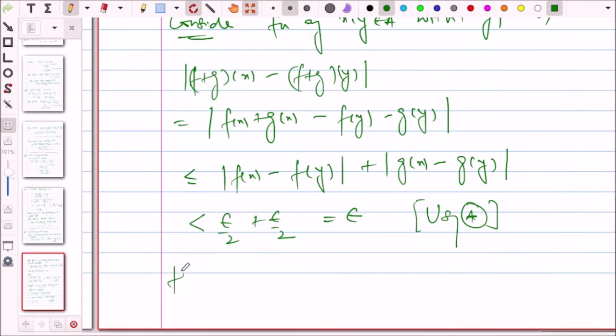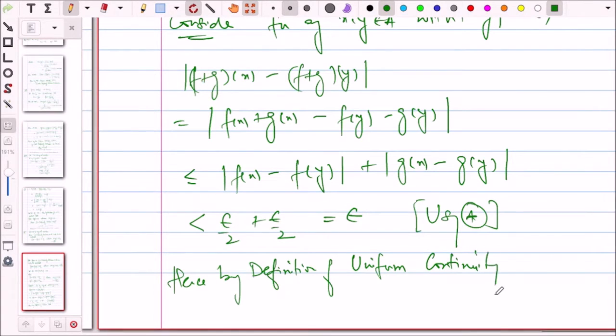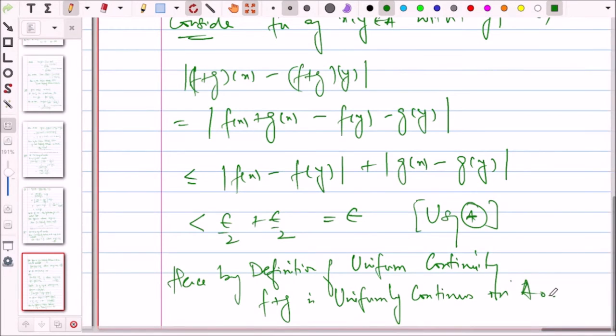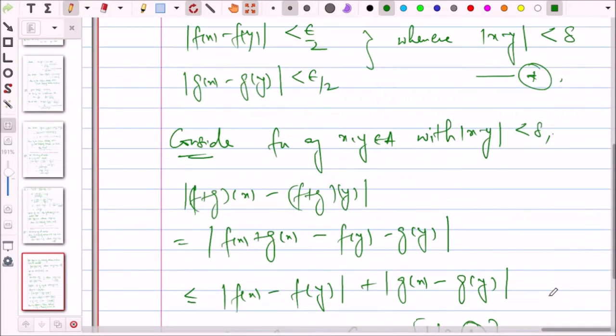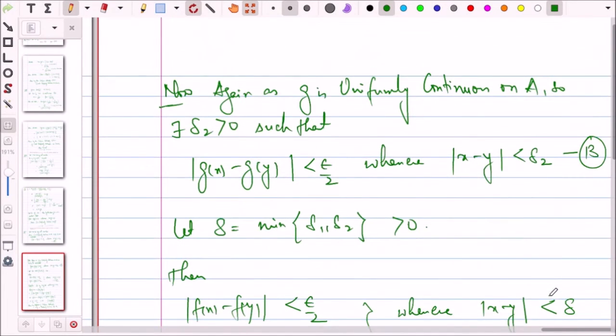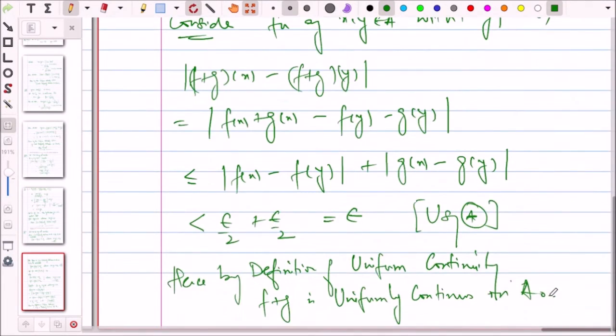So hence by the definition of uniform continuity, f plus g is uniformly continuous on A. We are able to prove that the sum of two uniformly continuous functions is again a uniformly continuous function. So let us move to the next question, which is question number